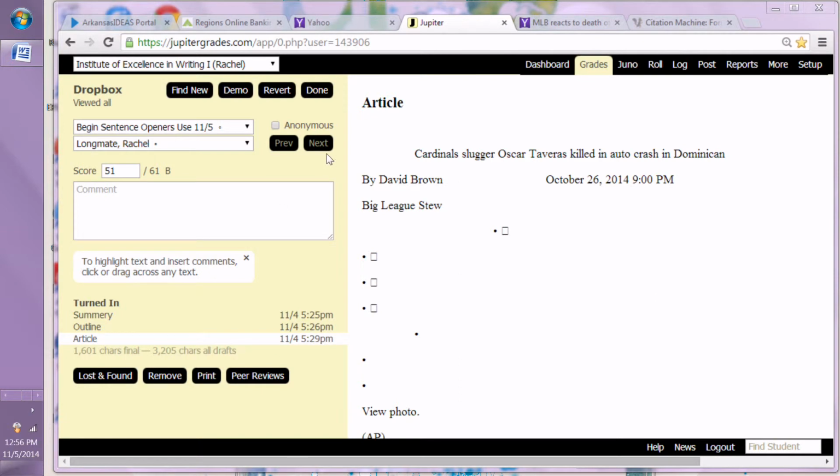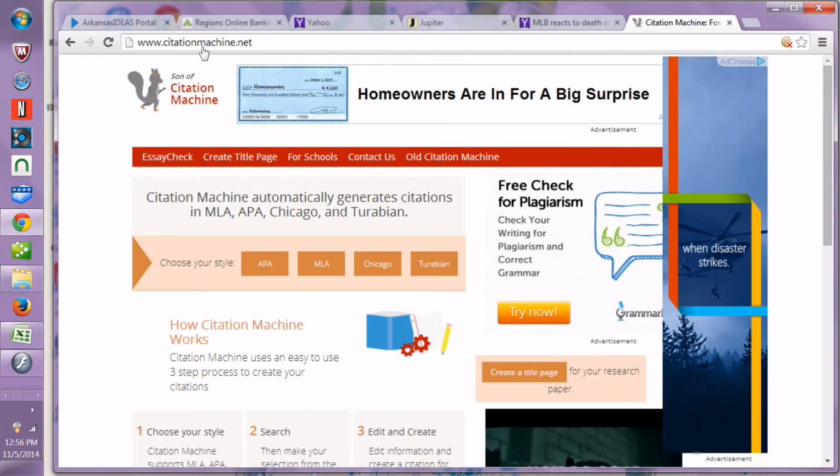You picked an appropriate source. You have an author. You have a date. You have your title. You have your publication. And so that was good, but you didn't do your citation. So I'm going to go over with you the citationmachine.net again, and that's a website you can use, citationmachine.net, and